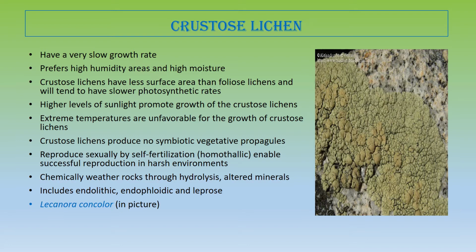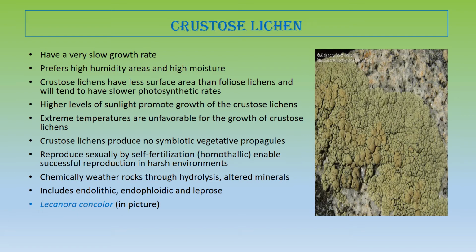While foliose or fruticose lichens have a much higher surface area compared to volume, the rate of photosynthesis of crustose lichen is much lower than the foliose or the fruticose. So the slow growth rate of crustose lichen is because, first, they live in a very stressful condition, they are extremophiles, and then they have a lower surface area compared to volume, so a low rate of photosynthesis. That is why it grows in an area where it is maximally exposed to sunlight for most part of the day and most part of the year.